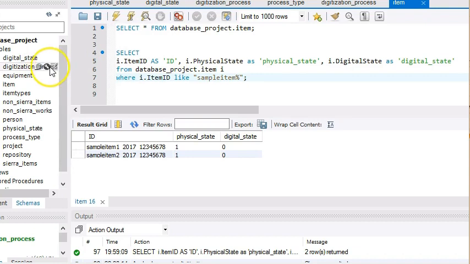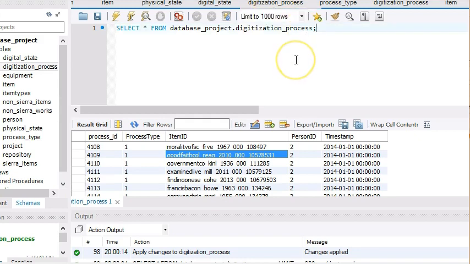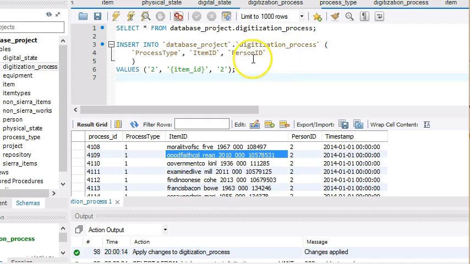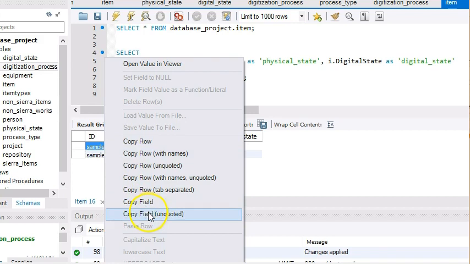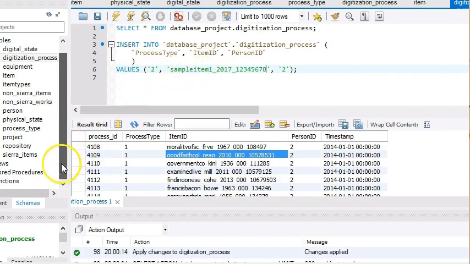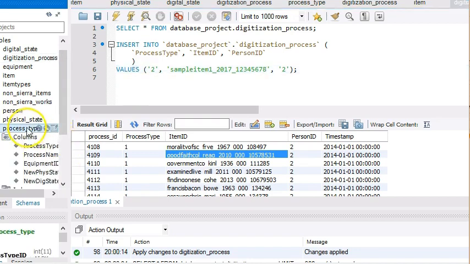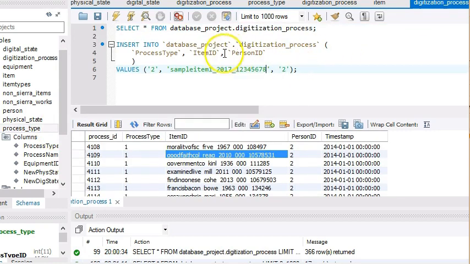actually do it. So here are current or past digitization processes. But if we want to add a new one, again, representing something that actually happens in the real world, what I will do is add to this table another row, and we want to do one of these sample items. So I'm going to copy this field name and put it over here as an item. And we're going to be pretending like we've done process type 2. And process type 2 is over here from the process table. Process type 2 is like printing out a pull slip. Okay. So if we add this to the table,